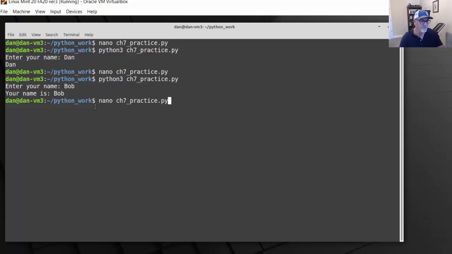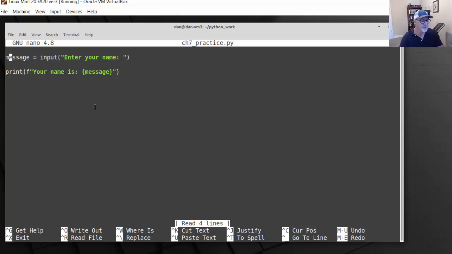In other words, if we open up that same file and we said age, and said input enter your age, so we ask someone your age, and then we say if age is greater than or equal to 18,